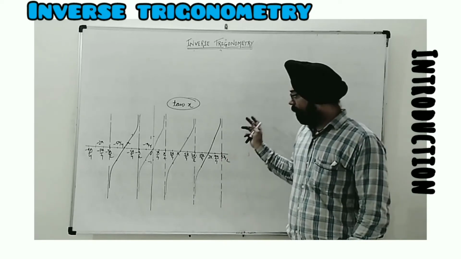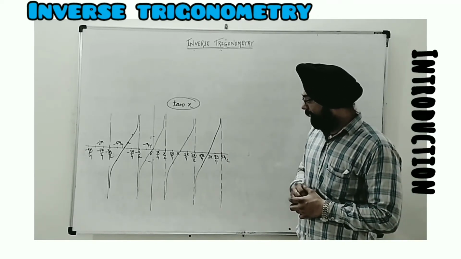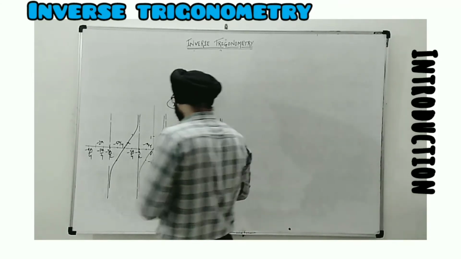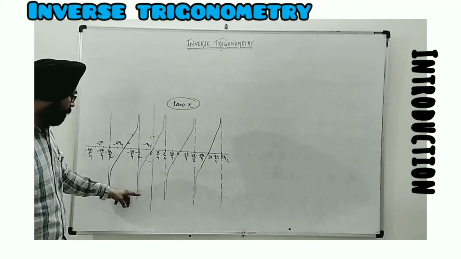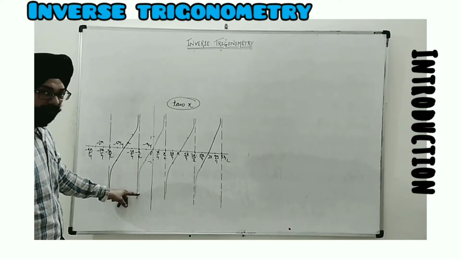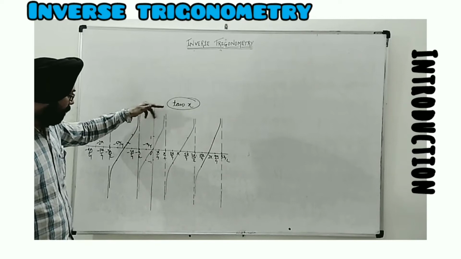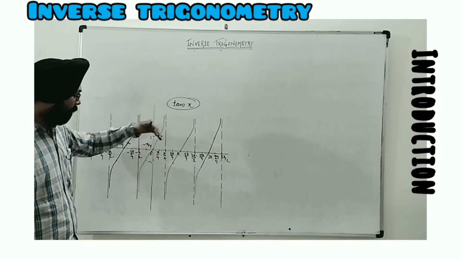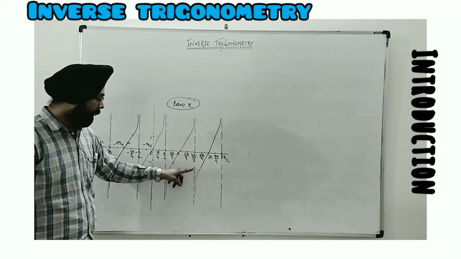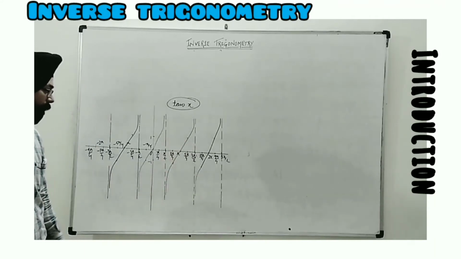We see the nature of tan x also with the help of a graph. We see that this also is not a bijective function. You can see from here, this graph shows, for minus pi by 2, it starts with minus infinity and covers all the values till plus infinity, meaning all real numbers. But the same graph is repeated in the interval pi by 2 to 3 pi by 2 and 3 pi by 2 to 5 pi by 2. The same graph gets repeated infinitely.